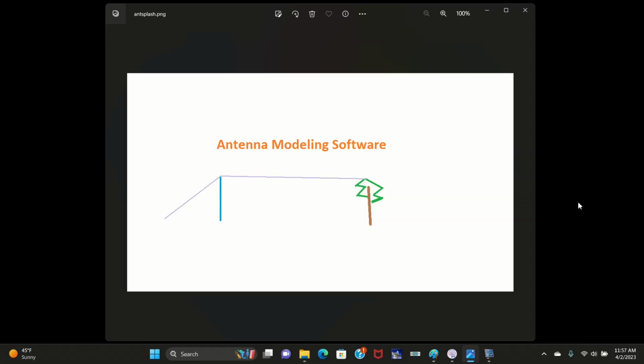Hello, fellow hams. My name is Sandy, Kilo Bravo 3, Echo Oscar Foxtrot, and this little talk is about antenna modeling software. There are two free and popular apps available on the internet, MMANA and EZNEC. I'm going to contrast and show my preferences between these two pieces of software,